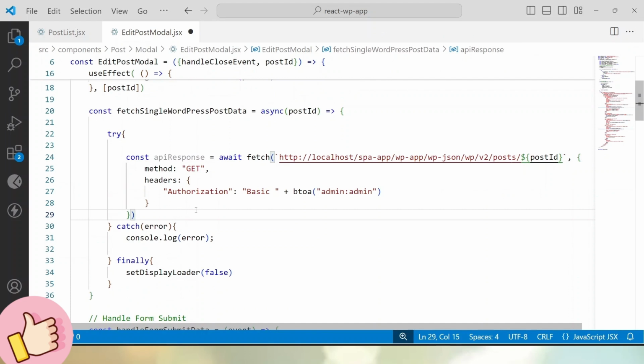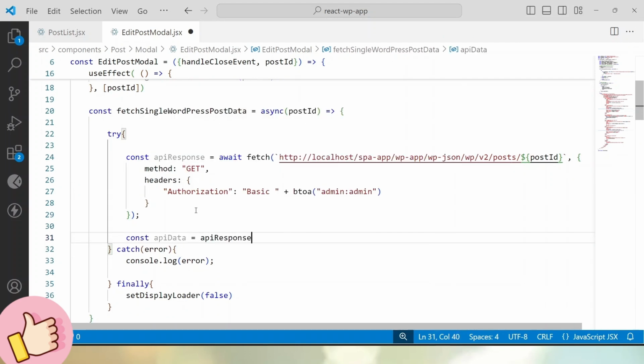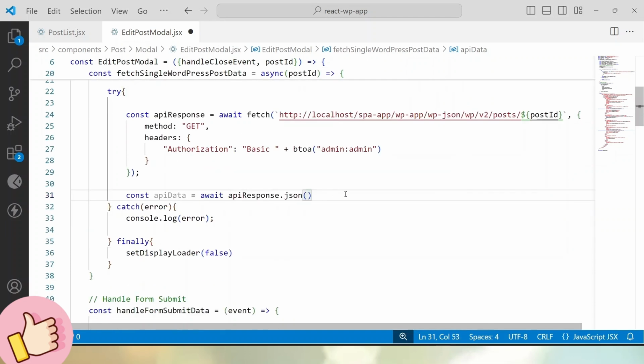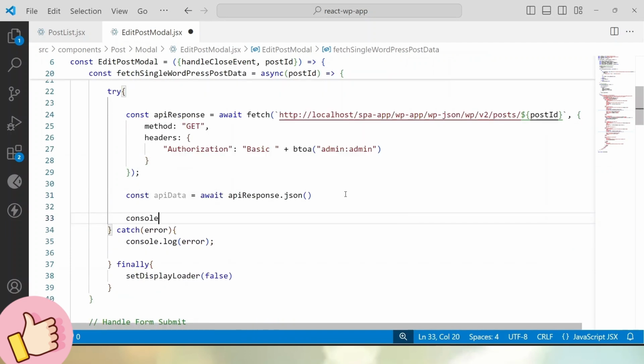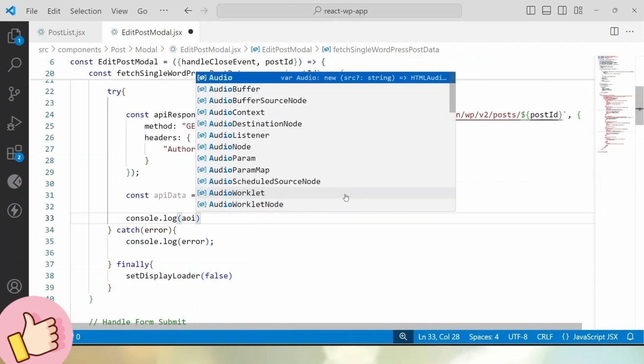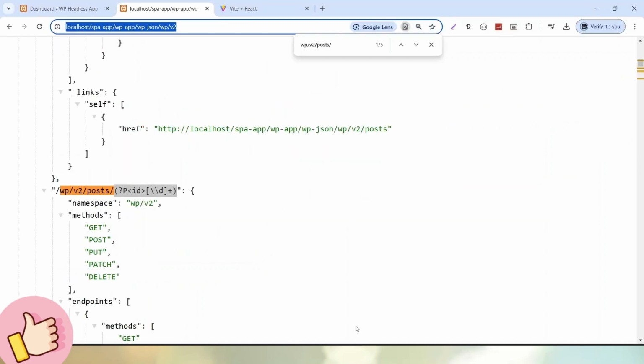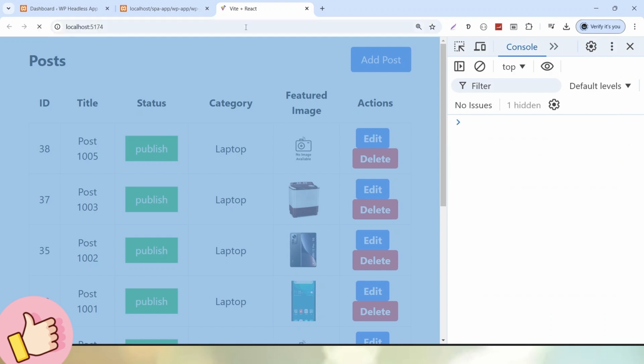Now next, if I go here, let's say const apiData equals apiResponse.json. So it will return a promise. So let's say await so that we get the correct JSON response. And let's say console.log apiData. If I save these changes, let's go back to the browser. Let's reload,